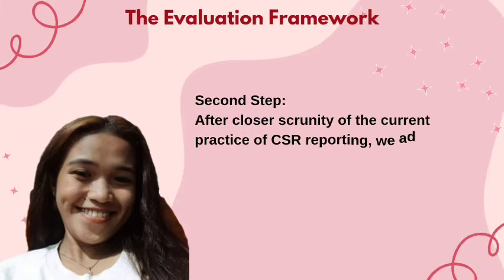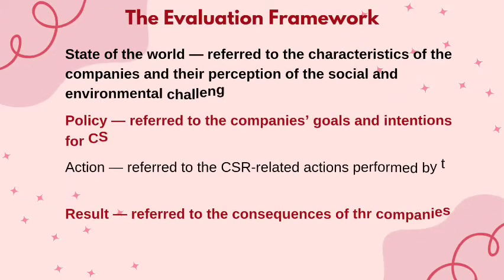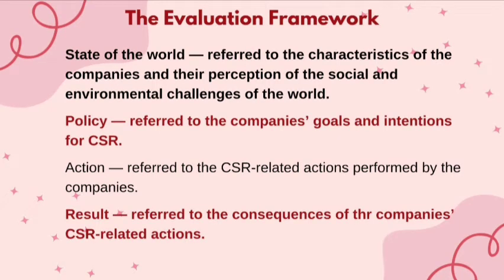Second step, after closer scrutiny of the current practice of CSR reporting, we added 4 subcategories to our initial template, namely state of the world, policy, action, and result. When we say state of the world, it refers to the characteristics of the companies and their perception of the social and environmental challenges of the world. Next, the policy. It refers to the company's goals and intentions for CSR. Action. It refers to the CSR-related actions performed by the companies. And lastly, the result, referring to the consequences of the company's